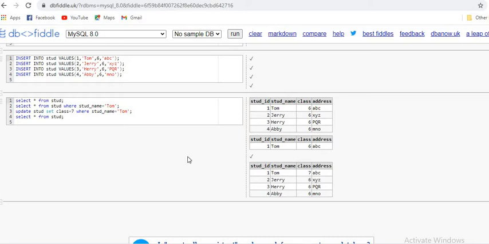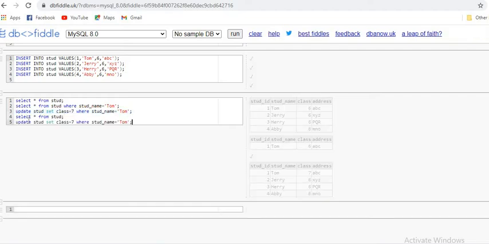So you can change it, like if you want to change Jerry's address from XYZ to something else like EFG, that also you can do. So I'm just going to copy the entire thing and paste it.